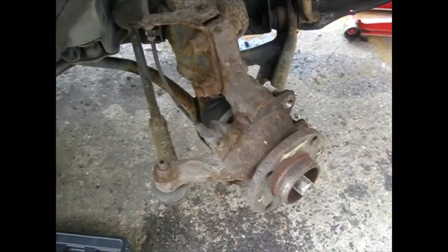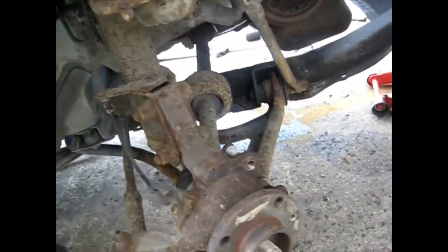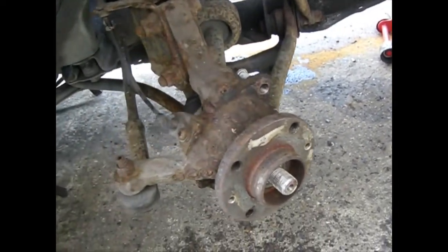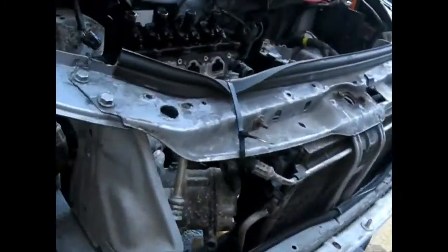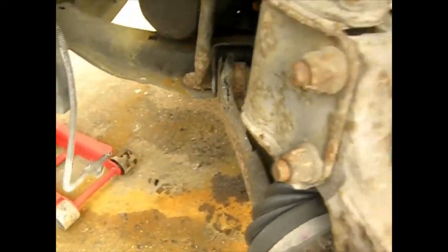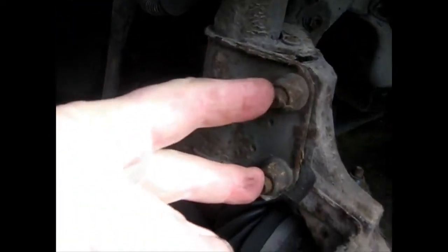The story so far: brakes off, everything taken apart, ready now to remove the hub and the drive shaft. Lots of stuff now been disconnected. Hub and drive shaft. Now what we're going to do here, disconnect these two. Disconnect these two here, look. Disconnect the track rod end, ABS sensor,